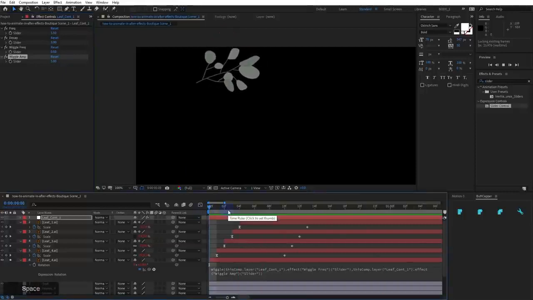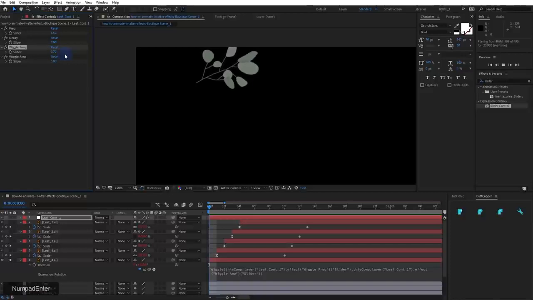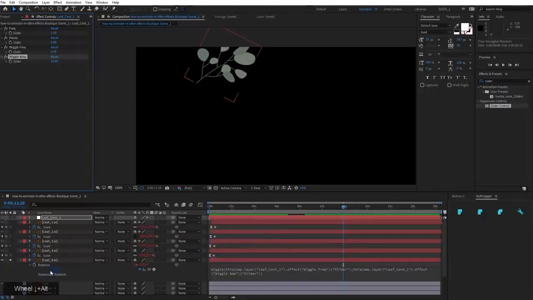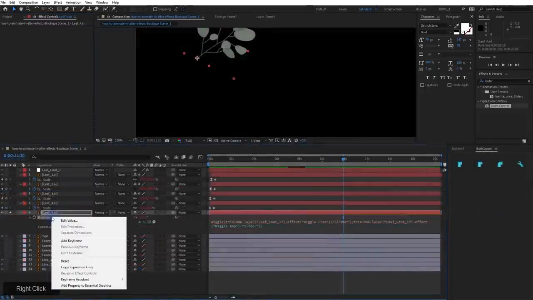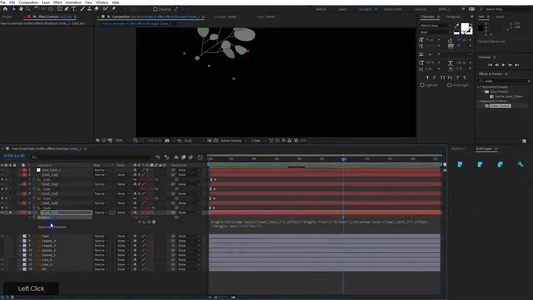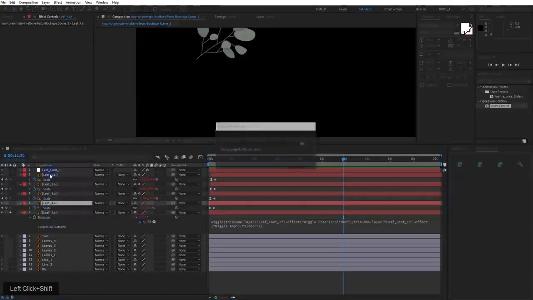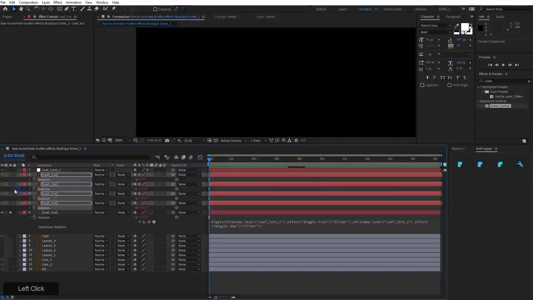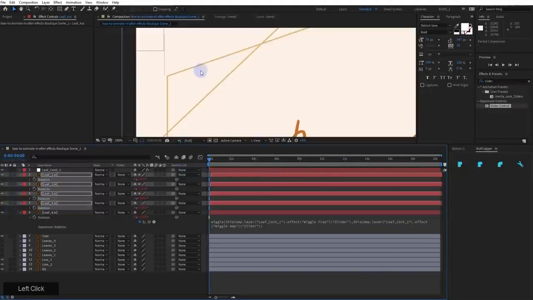Check this out. If we want more wiggle, no problem. We can just change this to like 0.7 or something, and now it'll wiggle faster. Or we can put this to 15, and now it's going to go more. Very, very easy to modify. The last thing that we need to do is copy the expression on the rotation, bring up the rotation on these other leaf layers here, select all of them, and then paste them in. All right, so now we should see